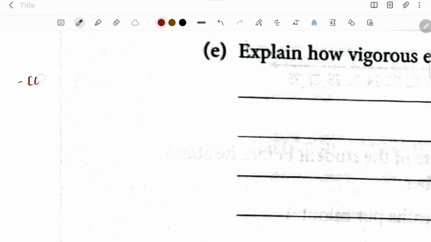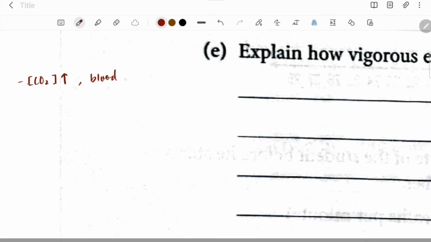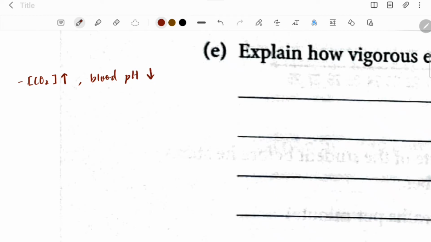Concentration of carbon dioxide increases because the respiration rate increases, which means more carbon dioxide is produced, and they also produce more energy for the muscles. If the concentration of carbon dioxide increases, the blood becomes more and more acidic because carbon dioxide is acidic. So blood pH decreases. And then this will actually be detected